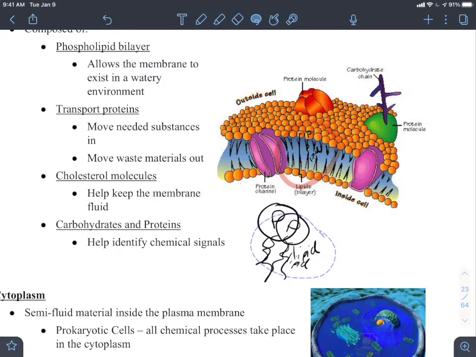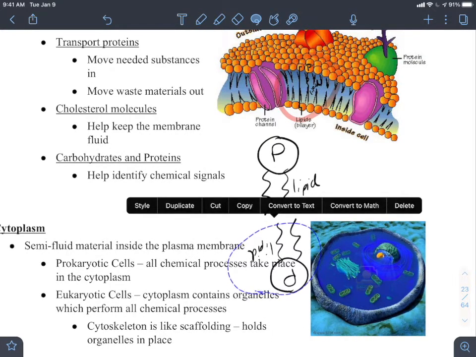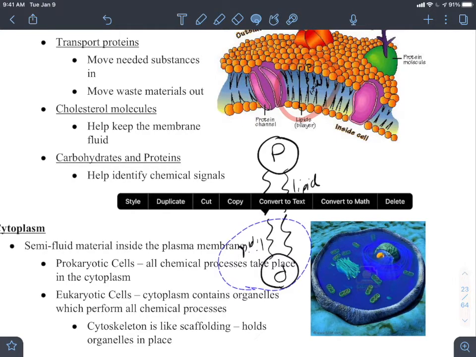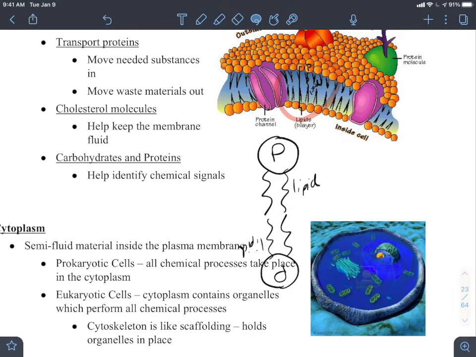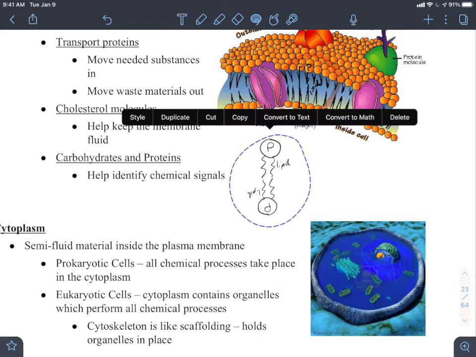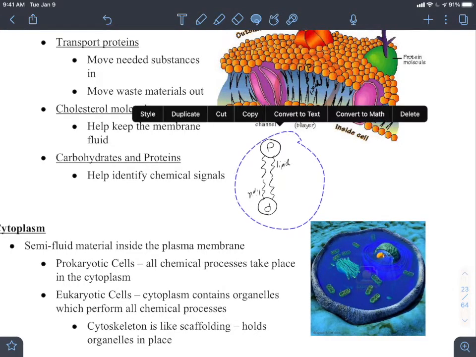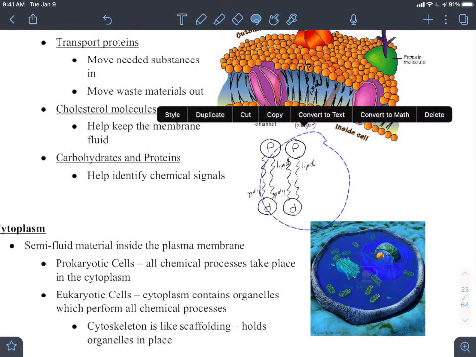Duplicate. Let's see if I can do it. Turn it upside down, and then put it here, like that. And so that's what the bilayer part is. We have two of these phospholipids, and each one is upside down to the other to form a bilayer. And then you just sort of rinse and repeat, and you put them side by side.